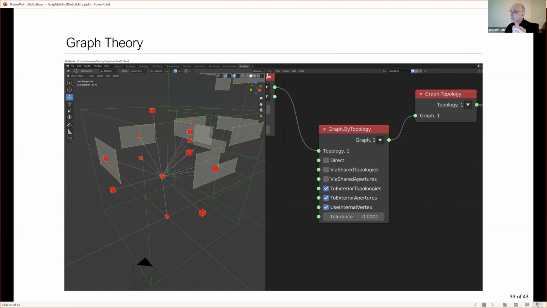All these nodes inherit the dictionary of the parent that generated them. So if you have a dictionary about the window, say it's a double glazing made by a manufacturer, that red node, that graph vertex, inherits that dictionary automatically. So that information is never lost. But then you can just deal with nodes and graphs without having the burden of dealing with full geometry.